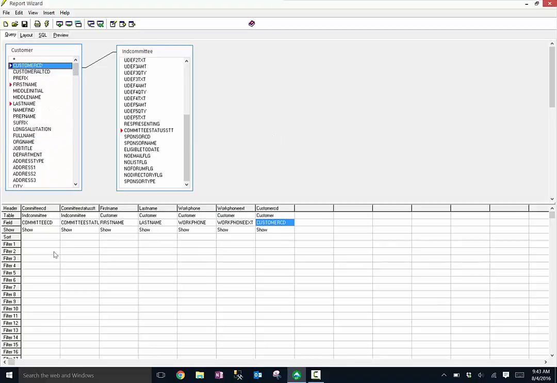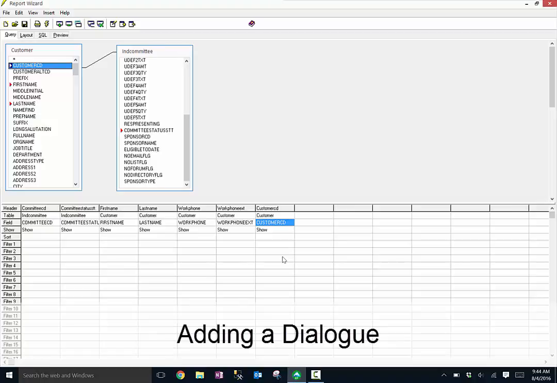In addition to the fields we'll have in our report, you'll see that I've also added committee code for use of the dialog, committee status for grouping, and customer code, which will allow us to get a total count in each group. Before we work on the layout, we'll go ahead and add a dialog, in this case for a